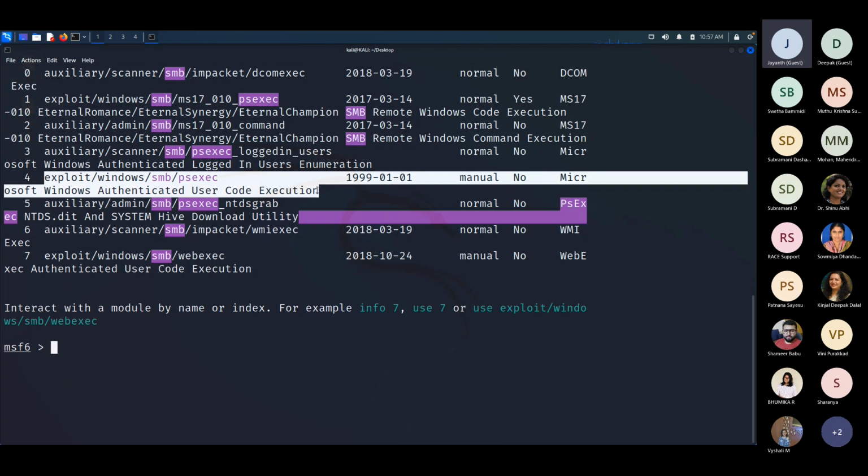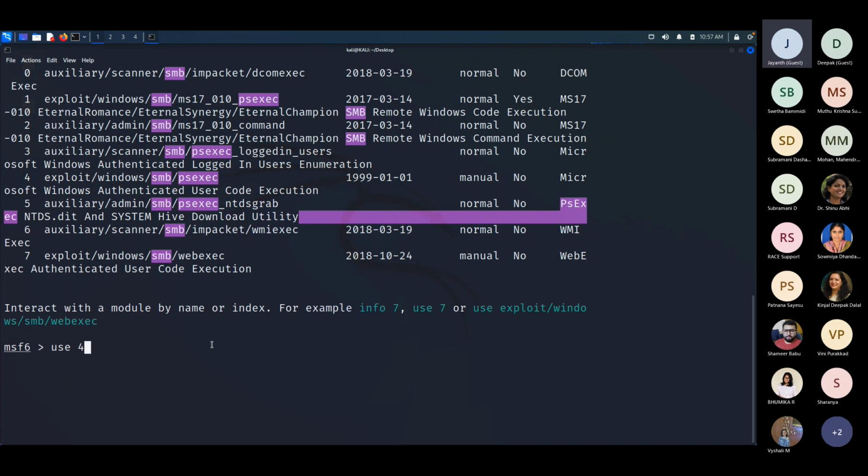So this is not an exploit that will work without credentials. This is an exploit that works only if you have credentials. So please note that doing brute forcing or simply guessing password must be your initial step to start with this process. So I'm going to load this fourth module